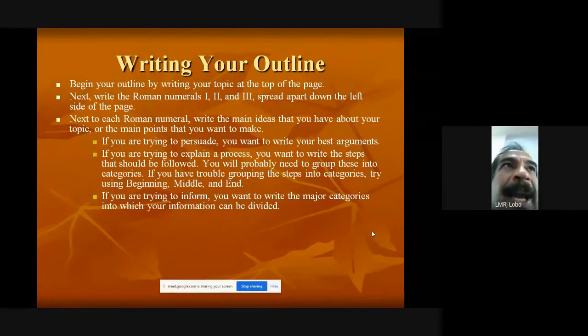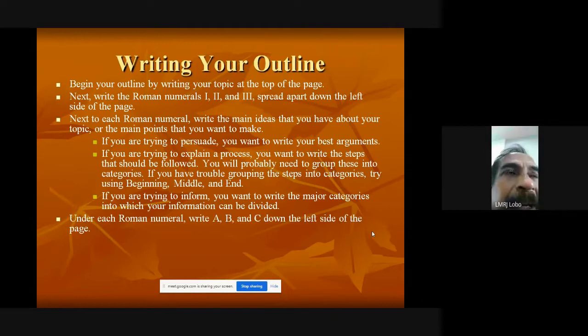If you are trying to persuade, you want to write your best arguments. If you're trying to explain a process, you want to write the steps that should be followed, like a procedure. You will probably need to group these into categories. If you have trouble grouping the steps into categories, try using beginning, middle, and end. If you are trying to inform through your essay, you want to write the major categories into which your